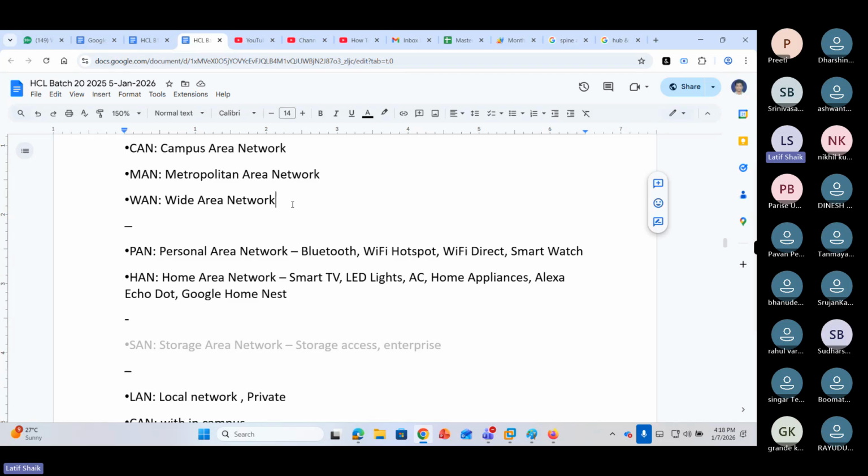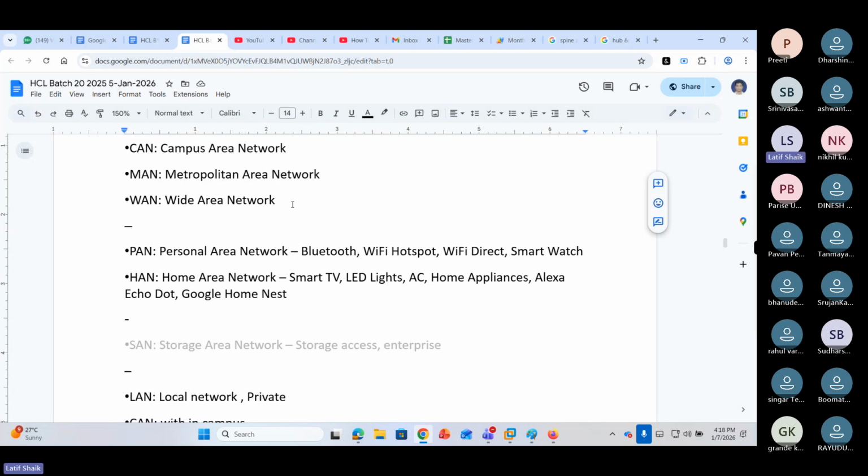Second, home area network. What is a home area network? In our home, again, we have a lot of devices, starting with smart TVs. We have Wi-Fi routers, smart TVs, Wi-Fi printers, and smart appliances like smart refrigerators, smart ACs, smart plugs, smart LEDs.